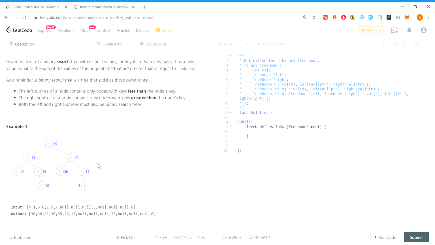So we are asked here to modify the tree. So let us first see what we will do. So basically here, whatever it is, it is the sum of all these nodes. So let us build this value.